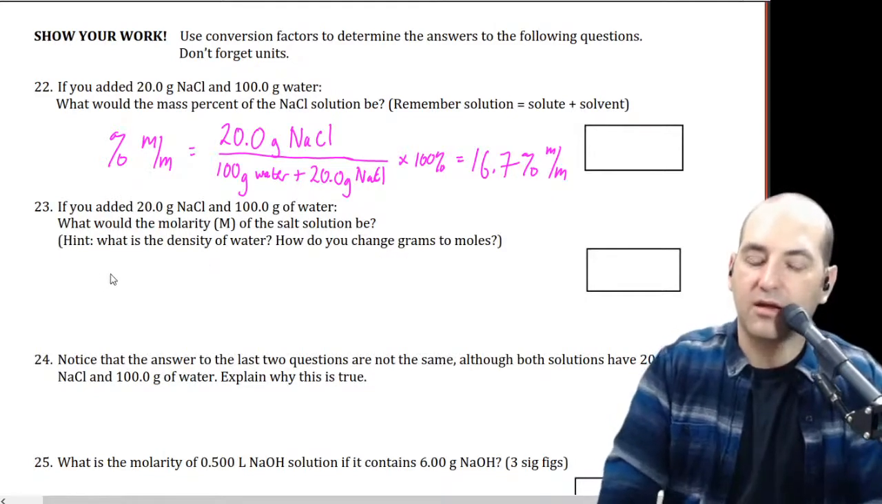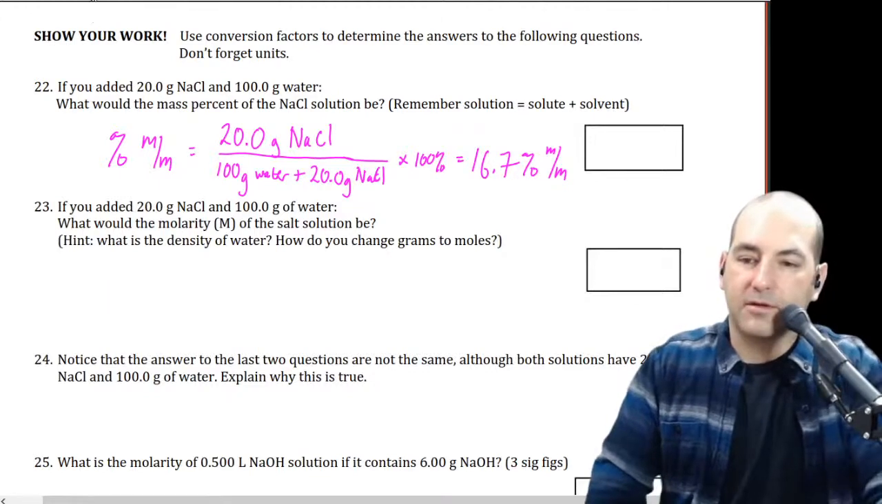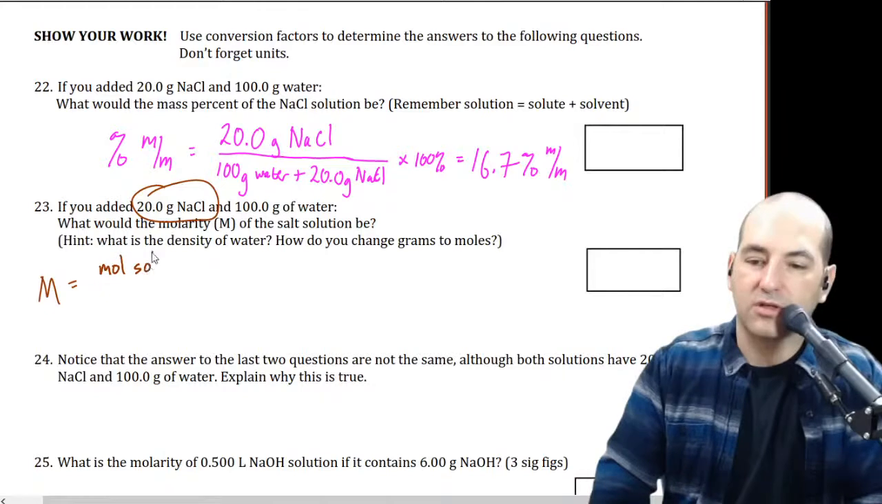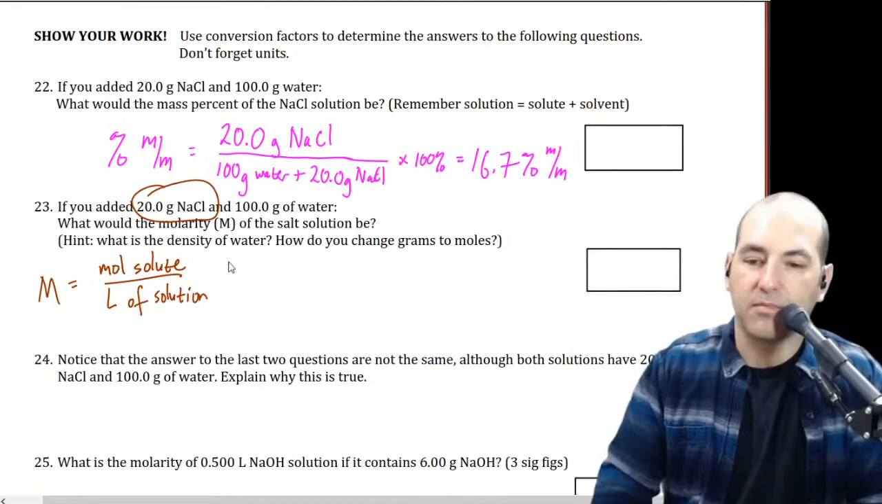So we can, let's use a different color here. We have to take this grams. Remember that molarity, which is capital M, is moles of solute divided by liters of solution. So that means that we have to get our solute in moles,